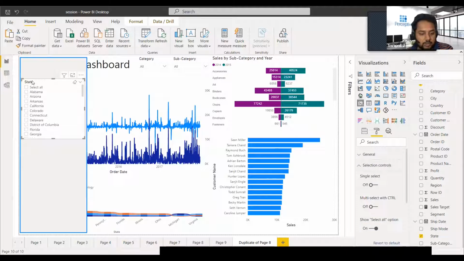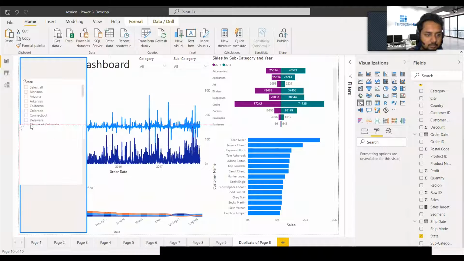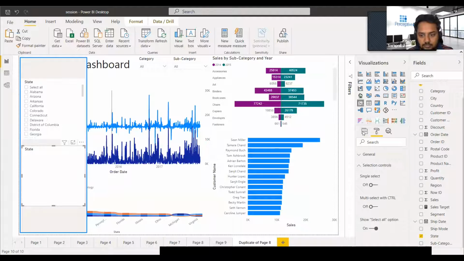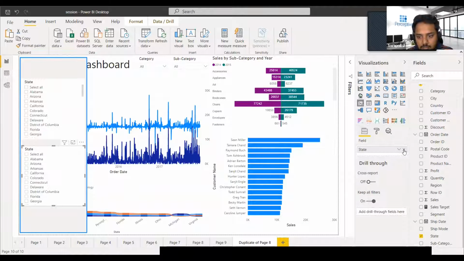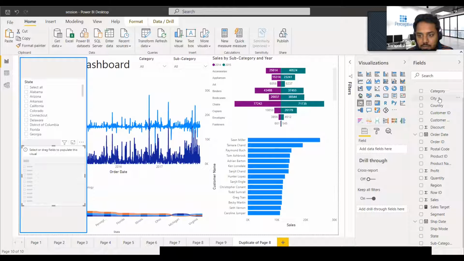If we want to add another filter, we can just copy this, and let's give the filter a city.